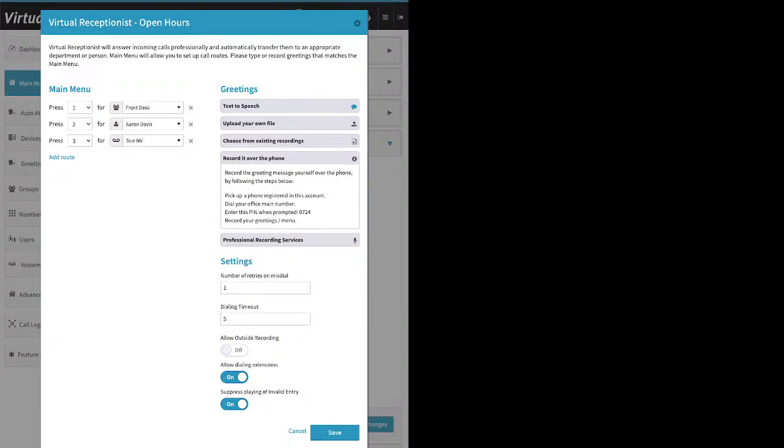You can record it over the phone. Now, by default, the system wants you to use a VoIP phone on the account. That's a security feature. If you don't want to do that, you want to just use your cell phone, or you have a buddy who's got that great radio voice and you want them to call, then under Settings, right here where it says Allow Outside Recording, you want to turn this on. Save changes. So now you can call in from a cell phone or a landline to your main number here, and then enter in the PIN number,